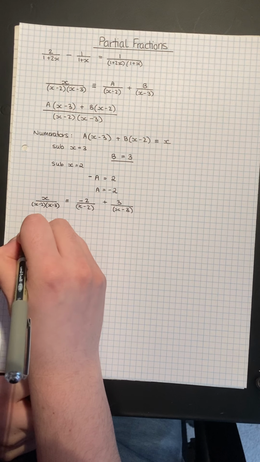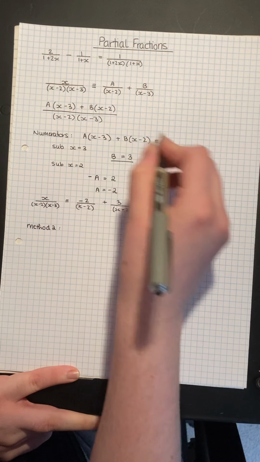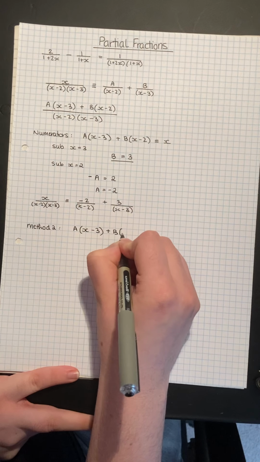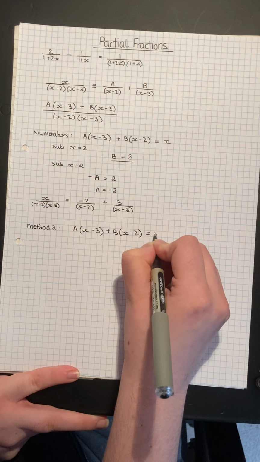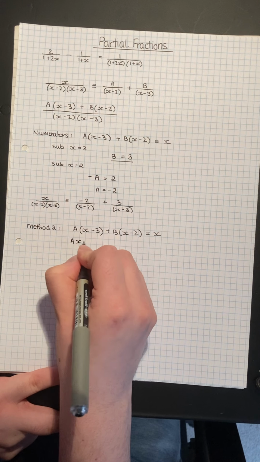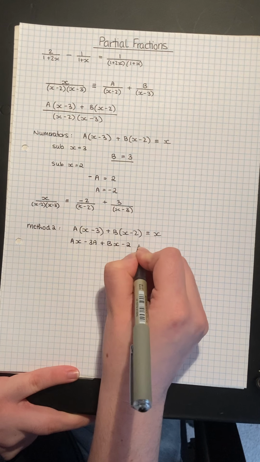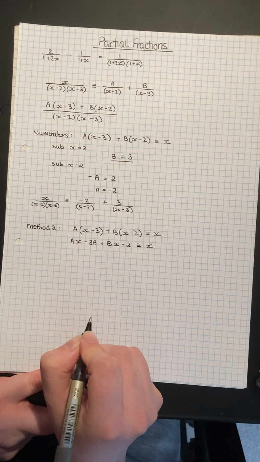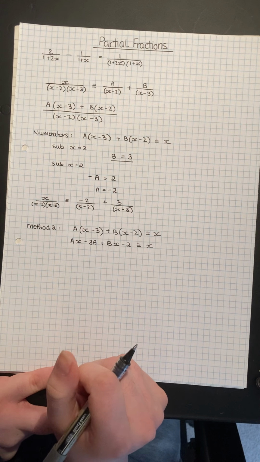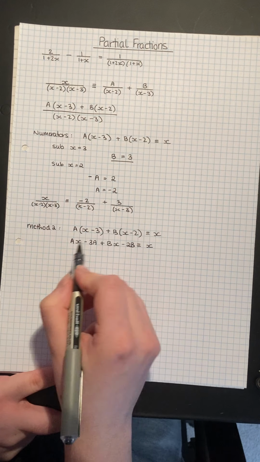So if we have method 2, we still compare the numerators, so we still have a(x minus 3) plus b(x minus 2) is identical to x, but this time we're going to expand out. We're going to have ax minus 3a plus bx minus 2b equals x. Then just rearranging, gathering together the x's and the not x's,